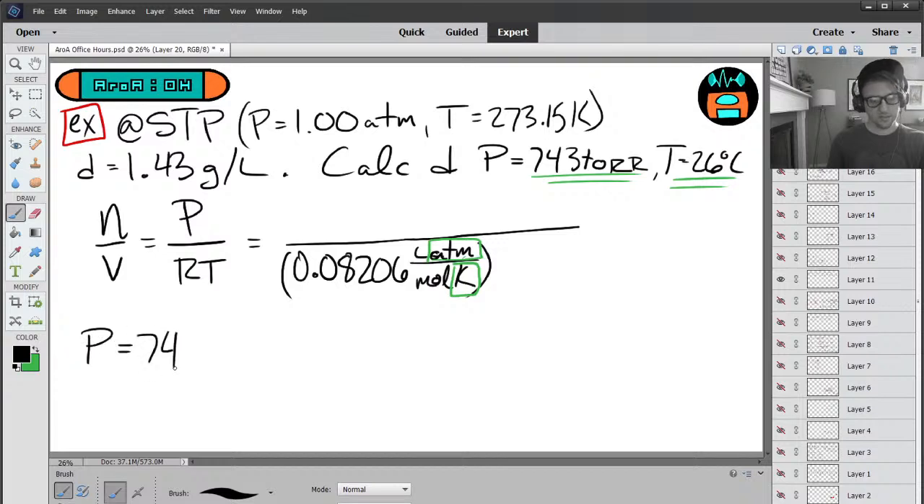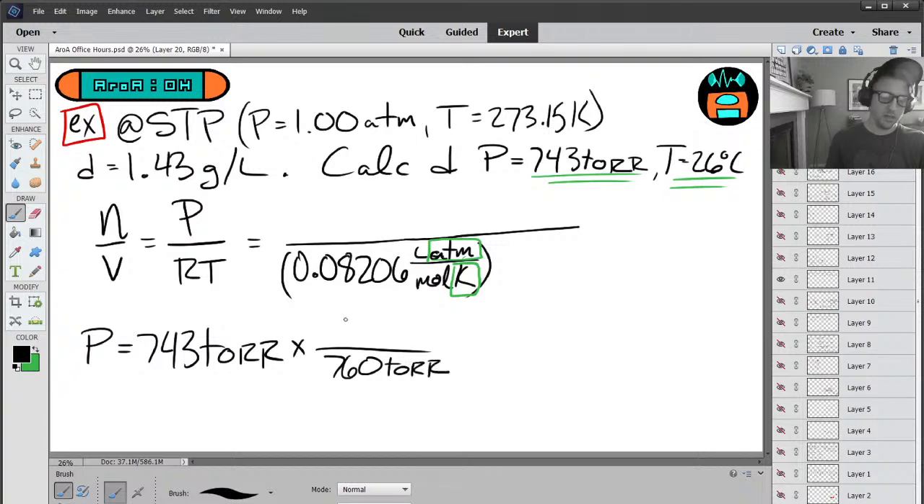First, 743 torr to atmospheres. There are 760 torr in 1 ATM. So 743 divided by 760 comes out to be 0.978